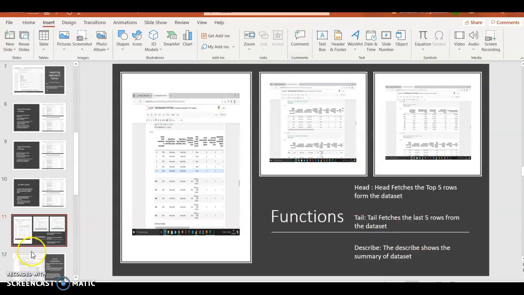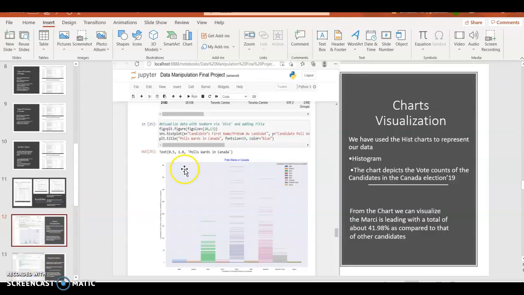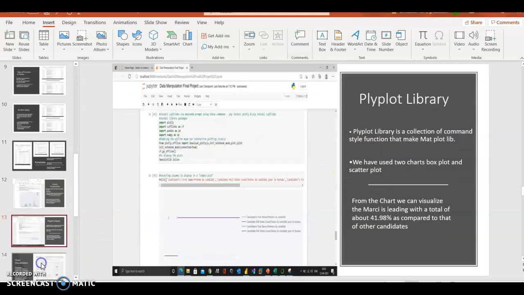So these are the different functions which I have already talked about, and this is the histplot. So the pyplot library is a collection of command-style functions that makes matplotlib work, and over here we have used two different charts, that is the box plot and the scatter plot.